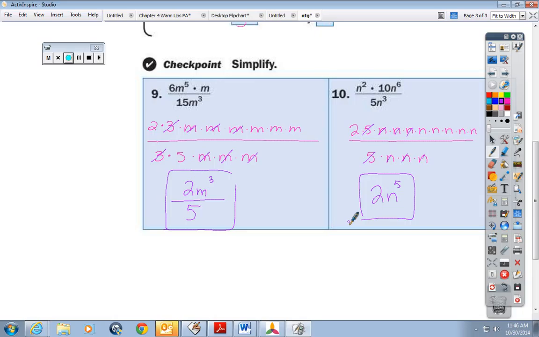Take 2x to the third times x, I have 2x to the 4th. On 28, if I take 1x times another 4x's, how many x's do I